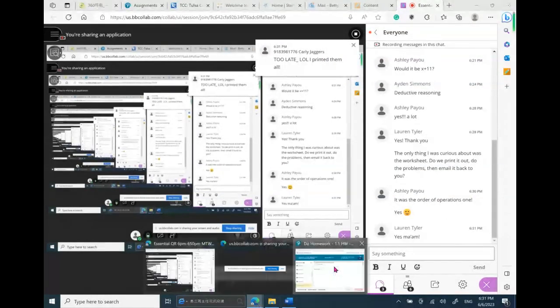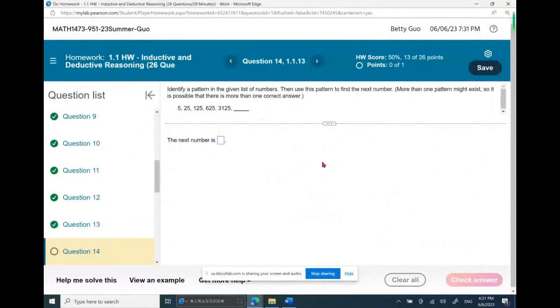Okay, so let's go back. This is the pattern again, right? Do you see what it is? Times 5, right? What is 3,125 times 5? So 5 is 5 to the power of 1. 25 is the square of 5. 125 is the cube of 5. 625 is the fourth power of 5. 3,125 is